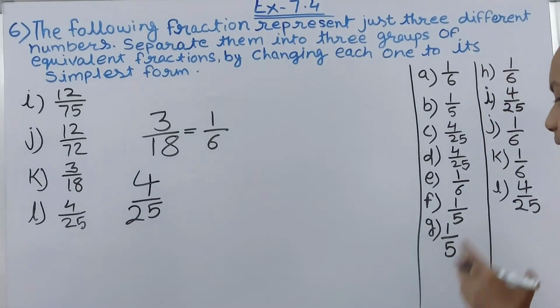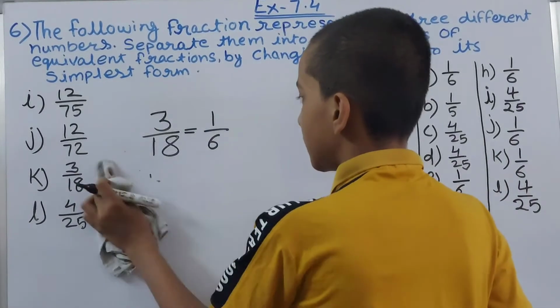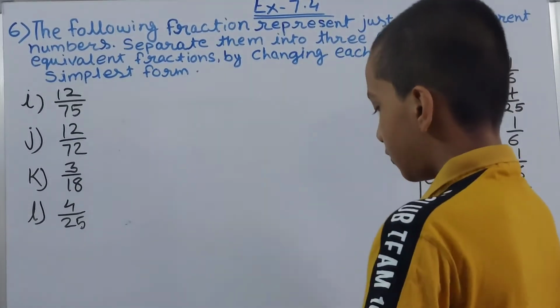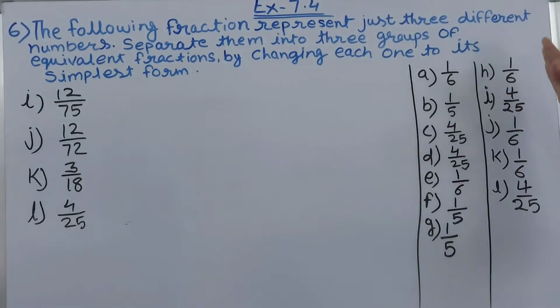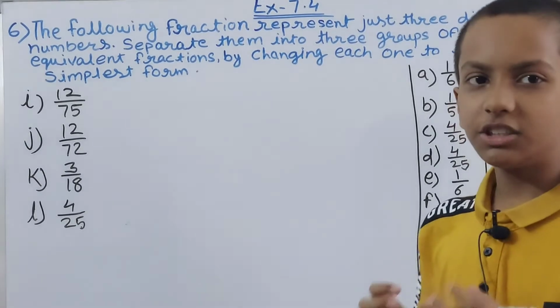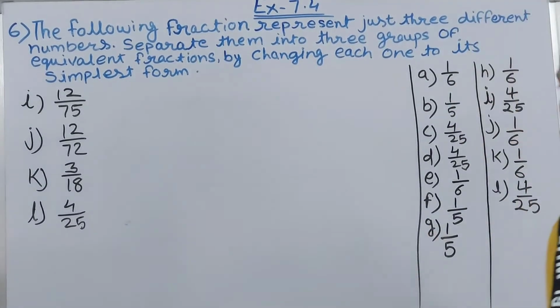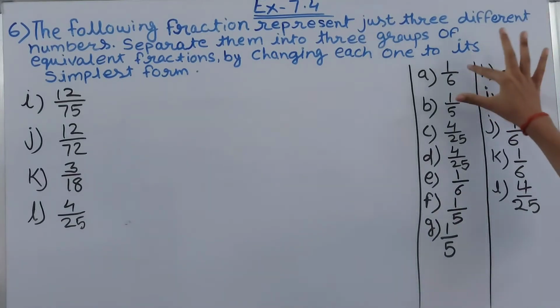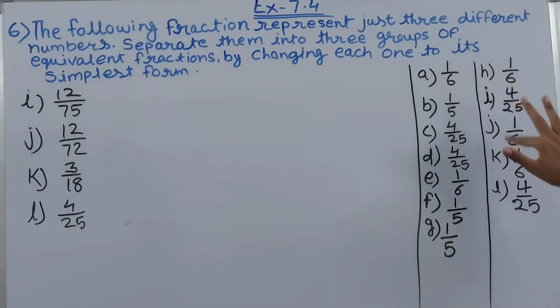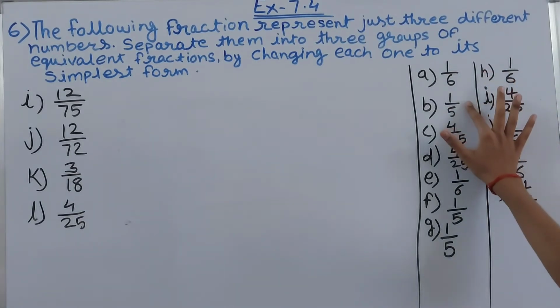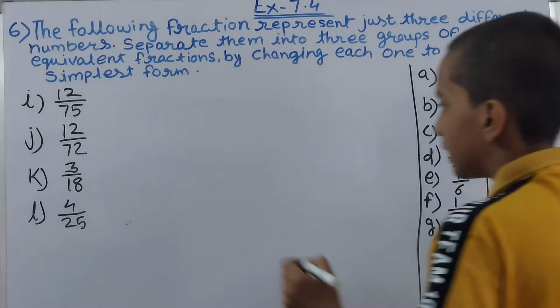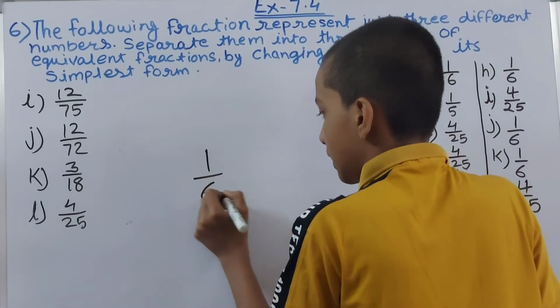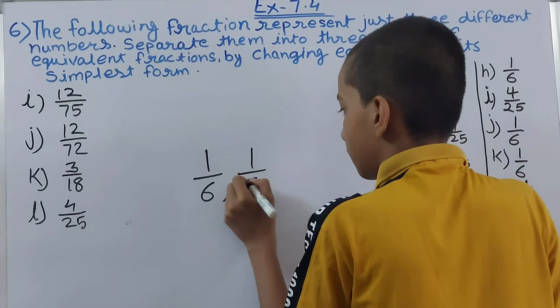Now over here friends, as you can see, we have simplified all the fractions. Only 12 fractions were given to us, and over here is the simplest fraction of them. So we need to see what are the 3 simplest fractions we have found. These are 12 different fractions, but we have to find 3 types of fractions from this. So first is 1 upon 6, this is the simplest one. Then the second one is 1 upon 5. Now we have found 2, that is 1 upon 6 and 1 upon 5.